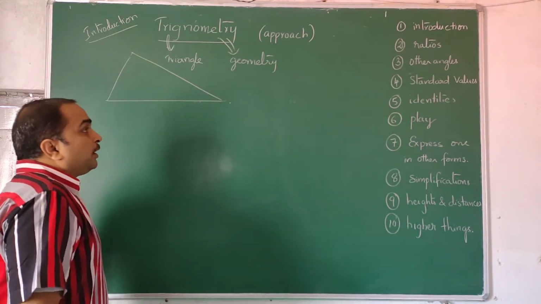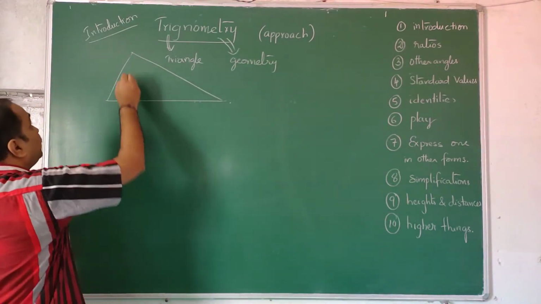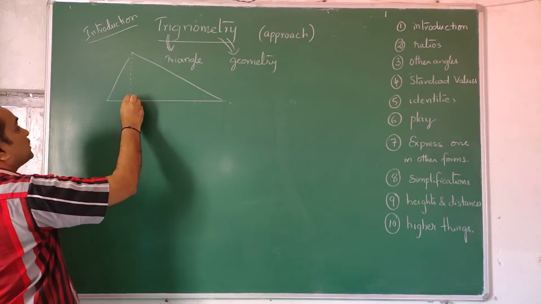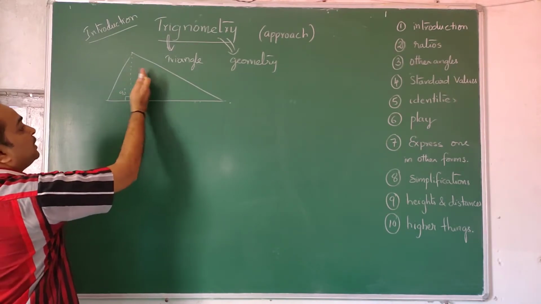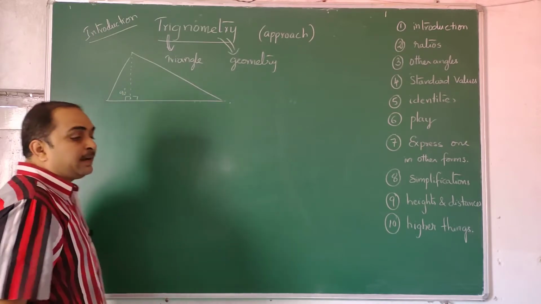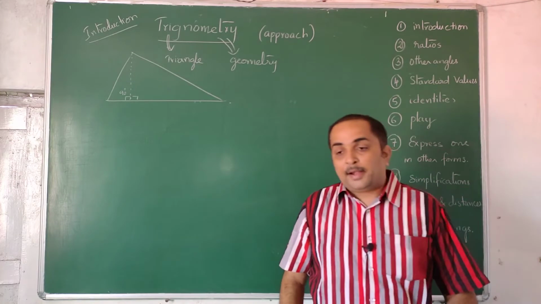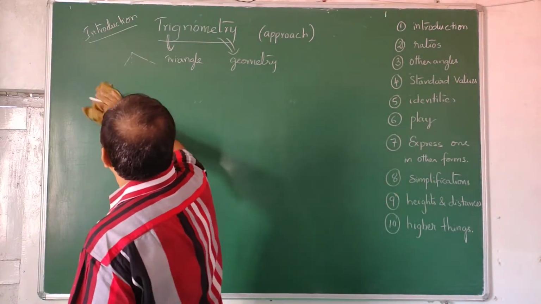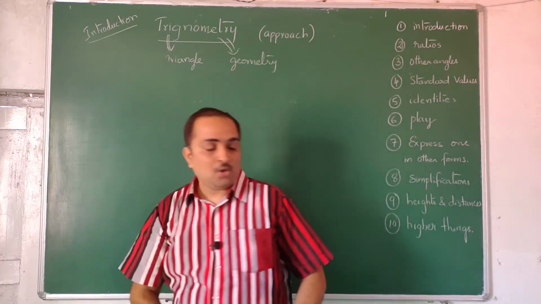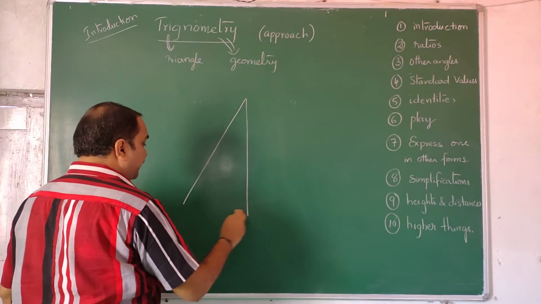In future trigonometry will be applied for all varieties of triangles, but in the beginning what we do is chop it like this such that one angle is a right angle. Here also this becomes a right angle. This is a right angle triangle, this is a right angle triangle. That facility you will always have. So at introduction level, not only me, any teacher has to do it for a right angle triangle. So if I take a right angle triangle like this,